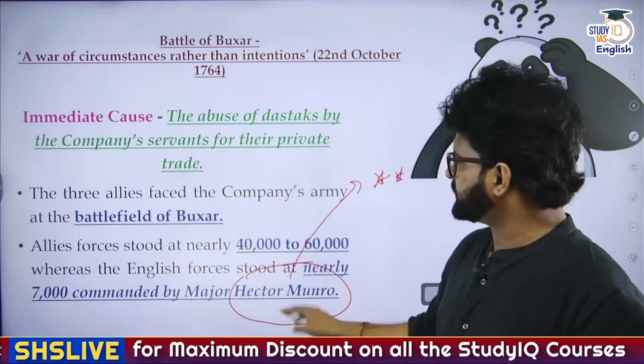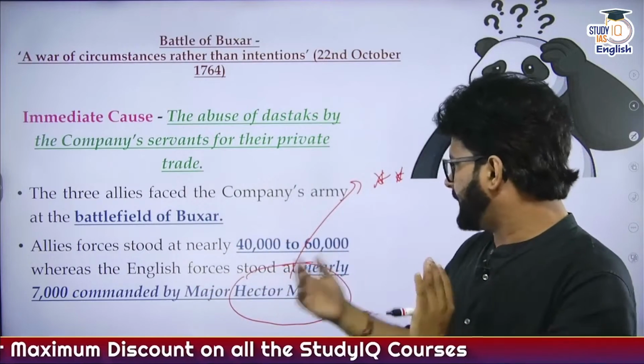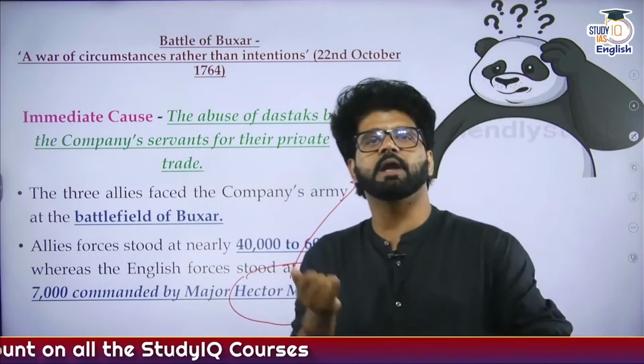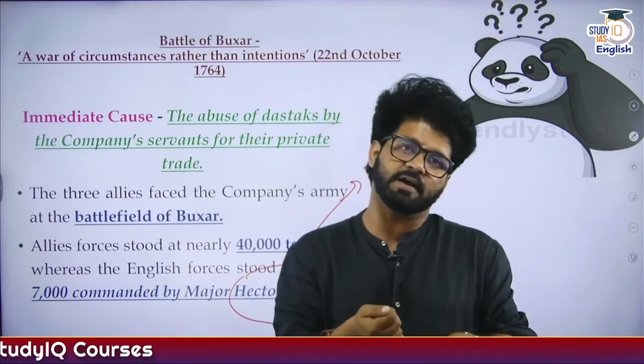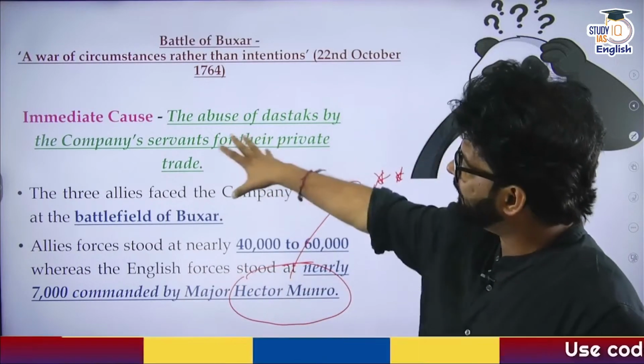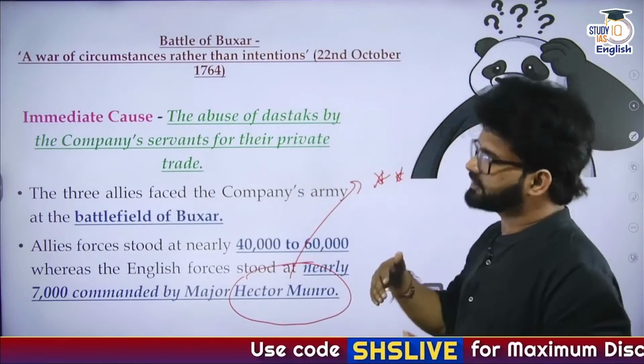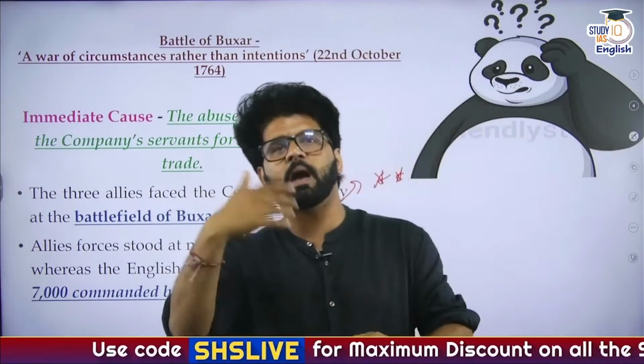And here also you will see the size of English forces is comparatively lesser, but they have better artillery, they have better cavalry, and they will take full advantage of that, and they will defeat this combined army of three allies. And it is said that many people believe the Battle of Plassey may have been a fluke,